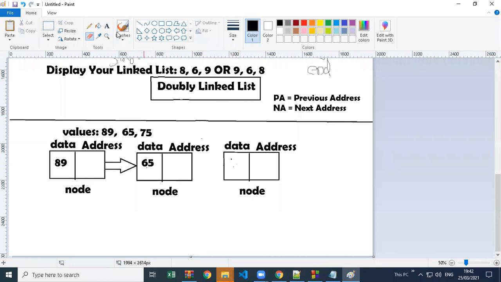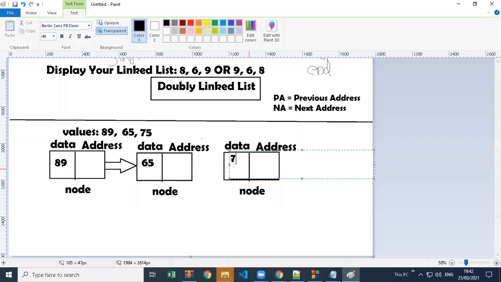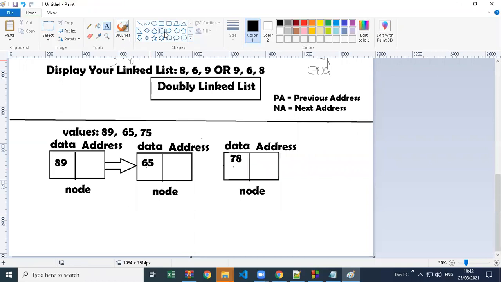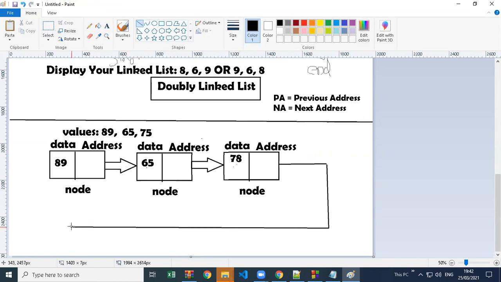So the next value is 75, and the previous memory is connected here. And now the last memory is connected to the first memory. This is something different. The last memory is going to connect to the first memory.